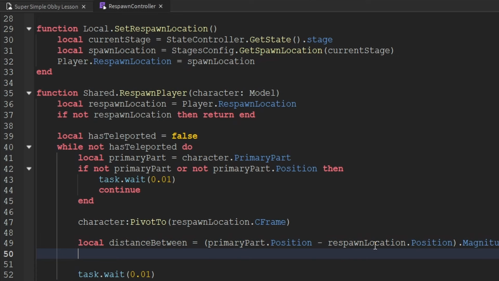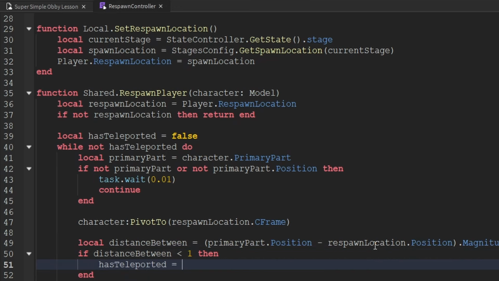So now distance between will actually be a whole number, and that is the amount of studs between the primary part position and the respawn location position. And what we want to do is make sure that the distance between is less than 1. And if it is, then we'll go ahead and set has teleported to true. And that will effectively end our loop right there because the player has been teleported to where they should have